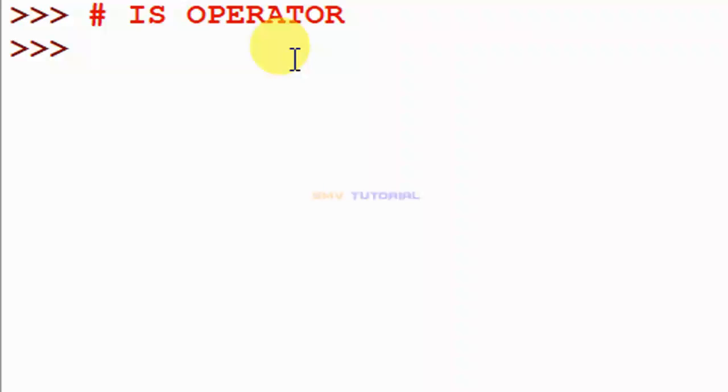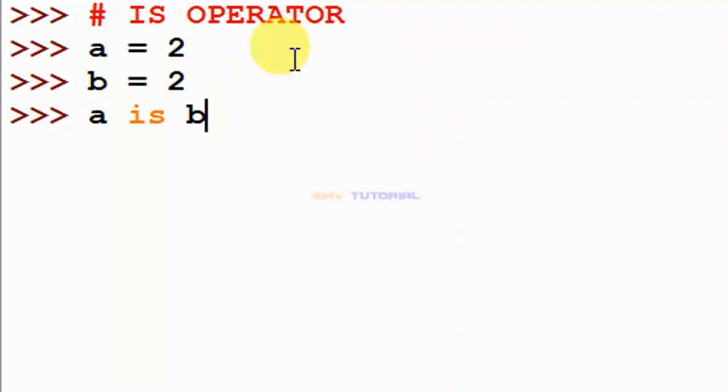I open Python IDLE. The first operator I take is the is operator, with an example. I create two values: A is equal to 2, B is equal to 2. I check these two values: A is B. This condition is satisfied, true.